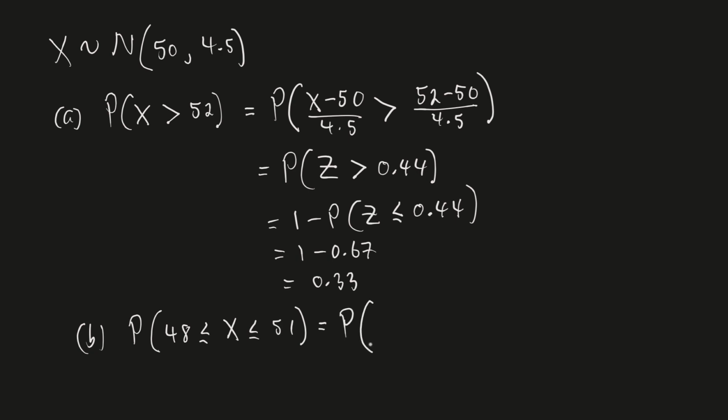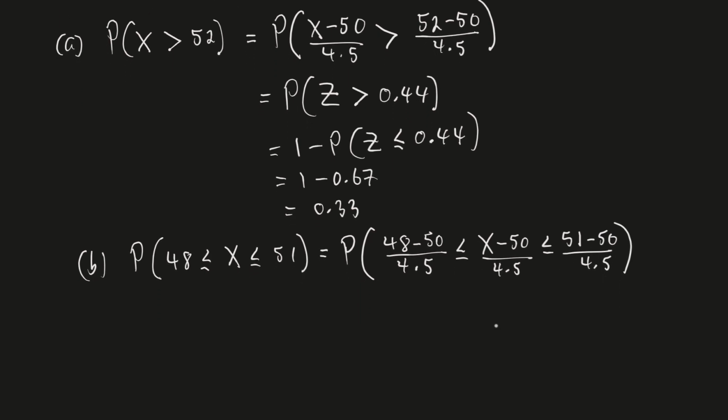So this becomes the probability that my x is greater than or equal to... well, it won't be x in a second, but let's subtract 50 from each part and divide each part by our standard deviation, 4.5, in the middle and on the right. So we have 51 minus 50 over 4.5, right? So when we simplify the numerical endpoints,